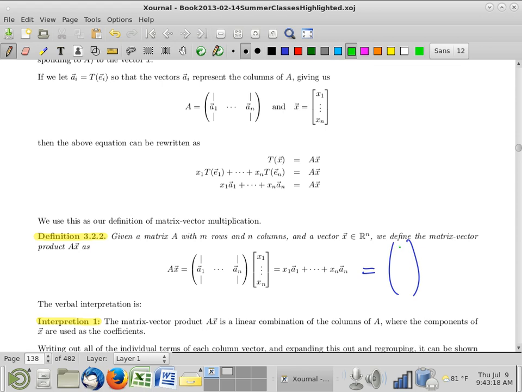So I want to compute, let's say, just that entry. Let me make that a box. It looks like a 0. I want to compute just the first entry of that matrix vector product. Well, I know the vector itself is this linear combination. So if I'm taking a linear combination of these vectors using these numbers as coefficients,